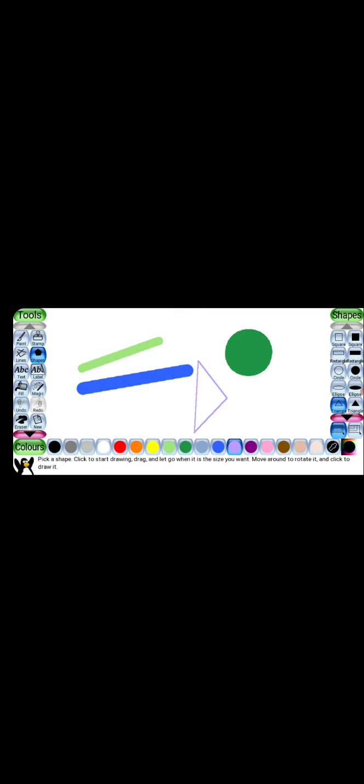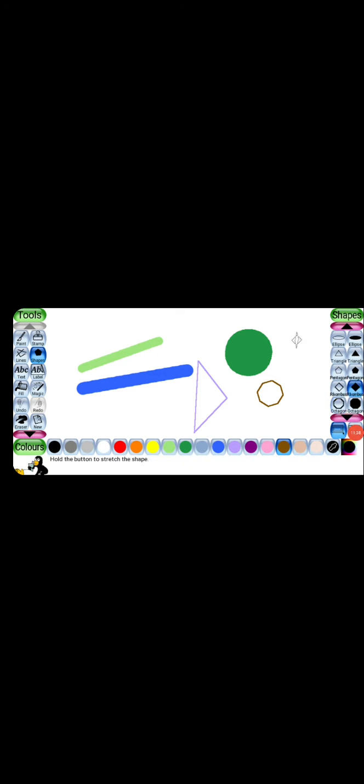Draw your shape and click the mouse on your screen and draw your shape. Choose your color from your color palette and draw your shape.